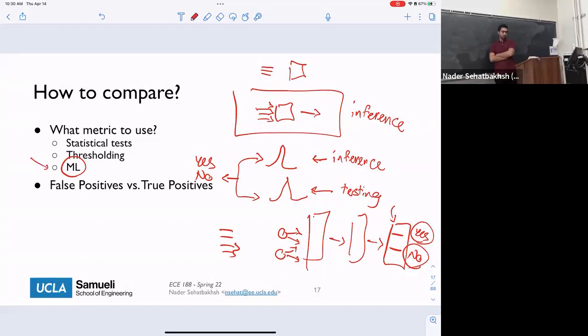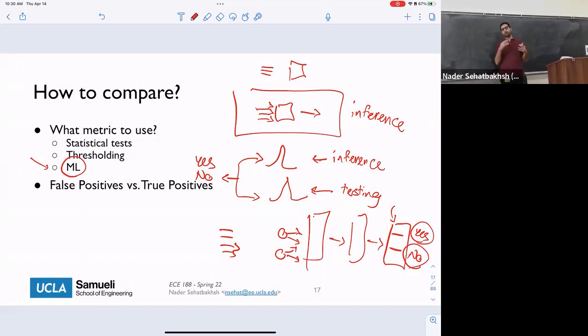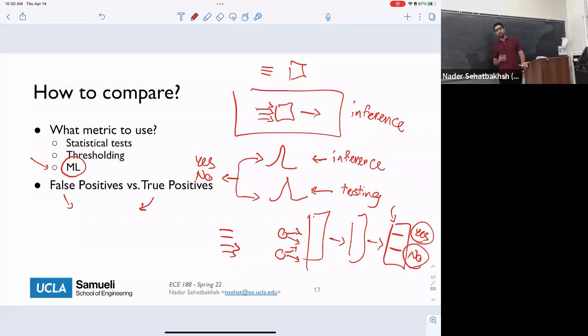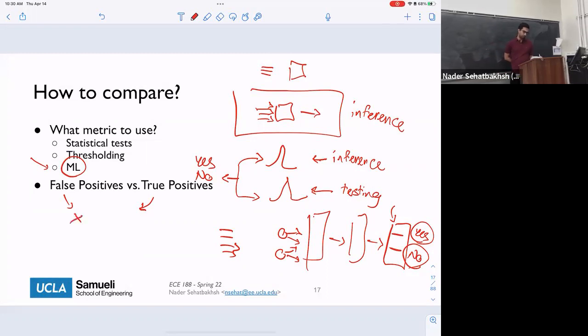One thing to keep in mind is that essentially we are dealing with this problem of true positive versus false positive, right? True positive is what we really want. It basically means that we actually detect malware correctly. It's positive, which means it's malware, and it's true because it's actually indeed malware. False positive is the ones that are not malware, but we think it is malware. So it's basically a legitimate piece of software that our system unfortunately labels as malware. And this is what we don't want to see, right?